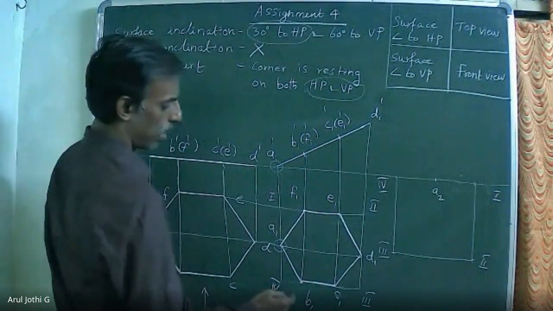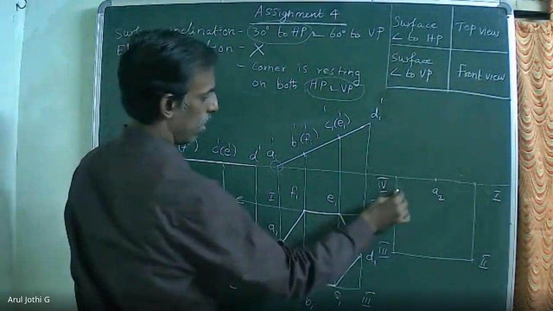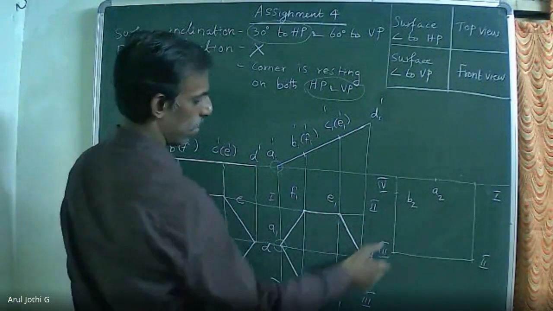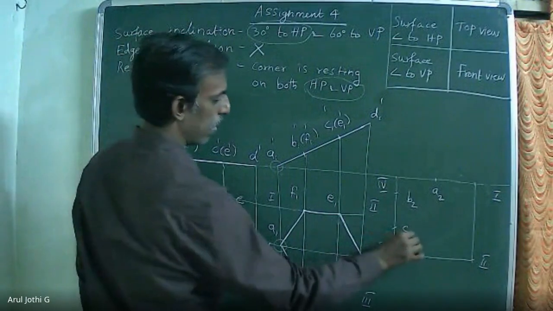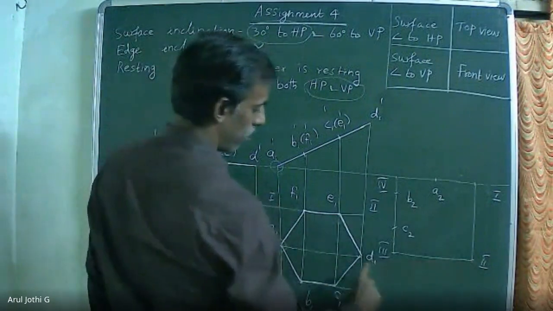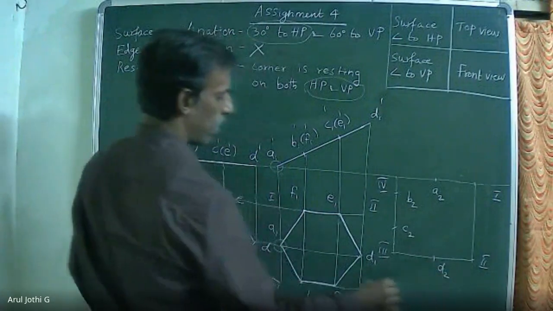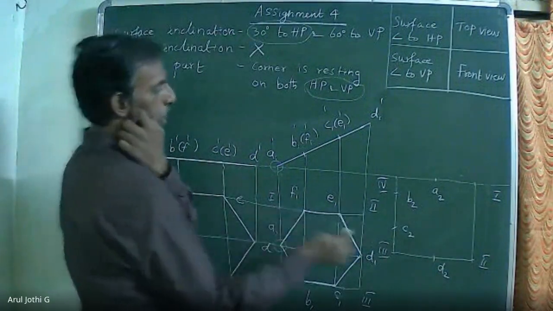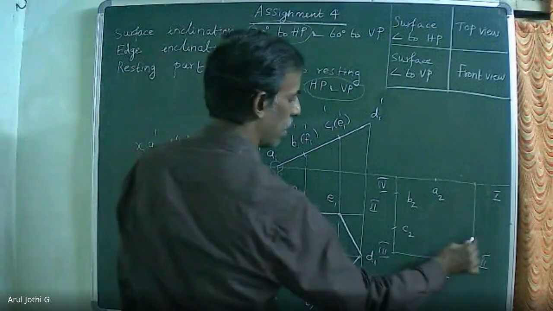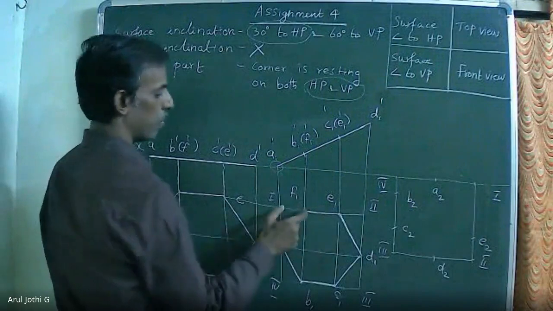Transfer B and C on 4-3. So 4-3 available here. So B2, transfer this measurement. C2, transfer. D available on 3, 2. So measure 3D. Then E and F available on 2, 1. On this 2, 1, you have to transfer E and F. Measure 1, F1 and transfer on 1, 2.